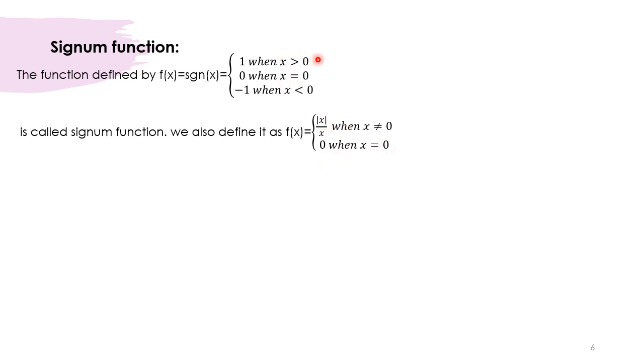See, when x is greater than 0, |x| equals x, so x by x you get 1 here. When x is less than 0, |x| equals -x, so -x by x is -1, right? So writing like this or like this, it is a similar thing. So here you see what the domain will be. Since you are covering x greater than 0, equal to 0, less than 0, you are covering the whole real line.